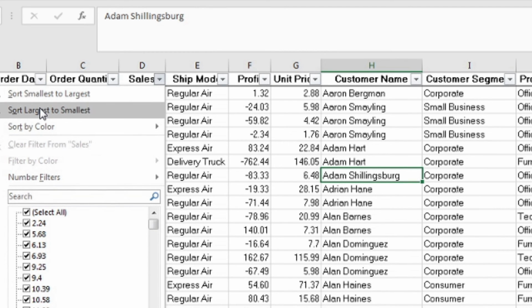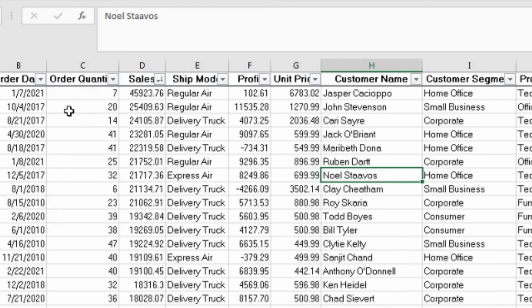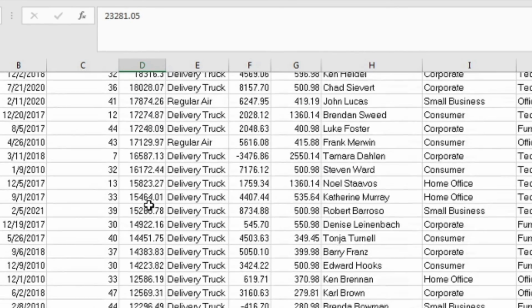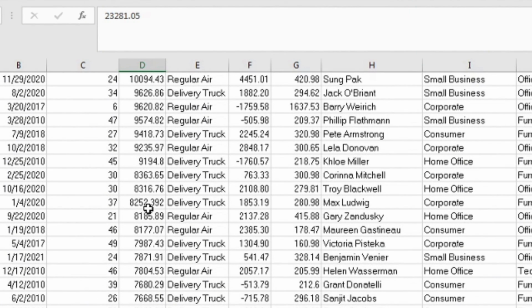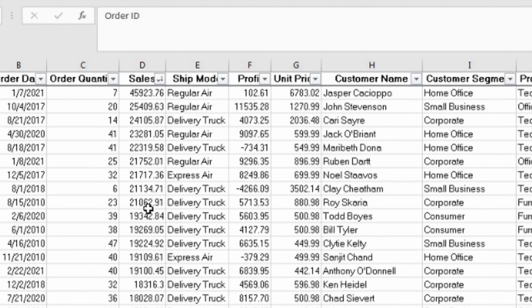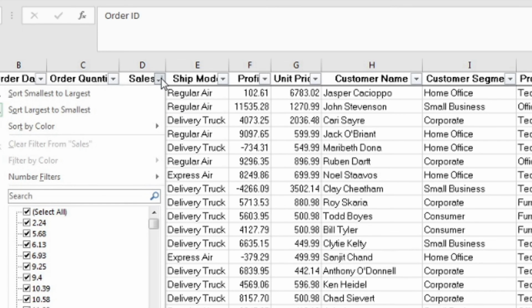Just sort largest to smallest. Click here. You can see this data is now arranged on sales, largest being on the top and smallest at the bottom. That is the use of sorting data on numbers, largest to smallest and smallest to largest.